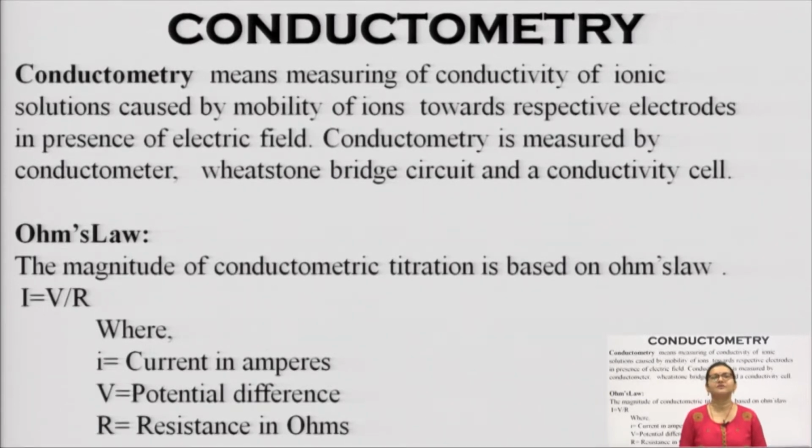It is caused by mobility of ions toward respective electrodes in presence of an electric field. When we apply an electric field to an electrolytic solution which has the analyte to be determined, an electric current is generated, and the charges start moving towards their respective electrodes and generate electrode potential and thus a current according to the conduction or mobility of ions. More the conduction, more the electrode potential generated and more the current.